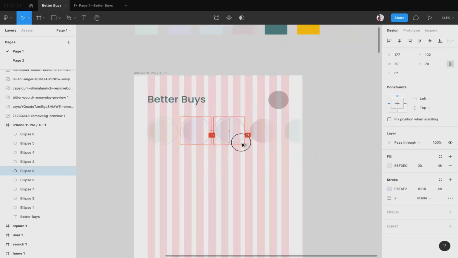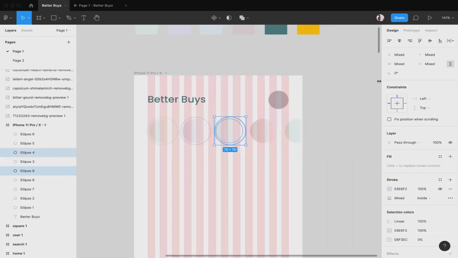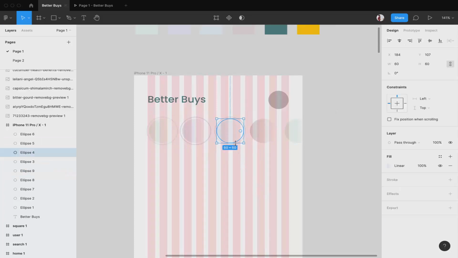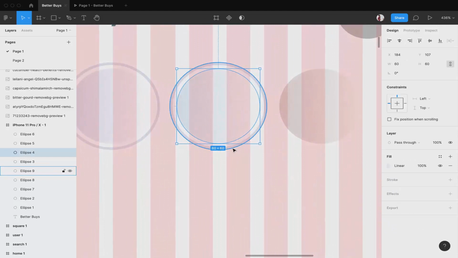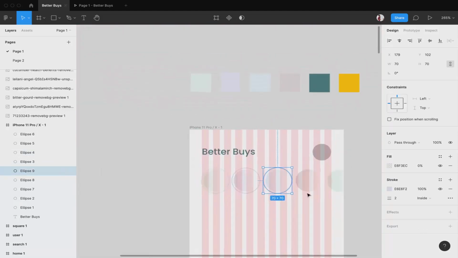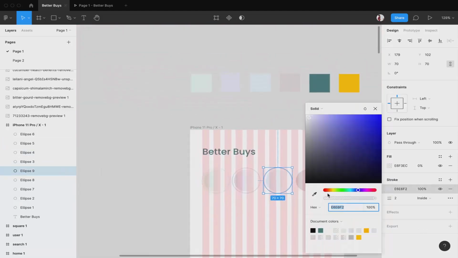Again for the third one I'll do the same. You can see over here it is not aligned, so by doing this we make sure that everything is aligned properly. I'm sorry, I need to select the outer one. Then again I'll change the color of the stroke, it will be the third one.